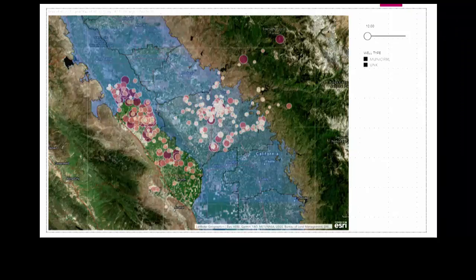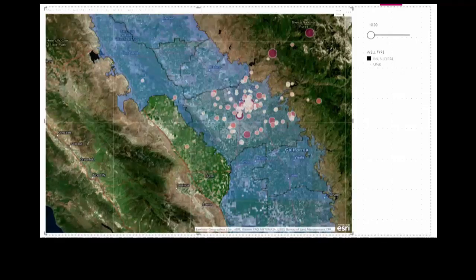The data set that I had has information about whether it's a municipal well, a domestic well, or an unknown well. So I can filter that, and I find that that big cluster that was over here just vanishes. Those were all agricultural irrigation wells, some landfill monitoring wells, some USGS wells, things that maybe I'm not super interested in right now, thinking about drinking water. And now my data set that I need to be concerned about is down to this. And that's a much more manageable data set where you can start looking at the numbers.